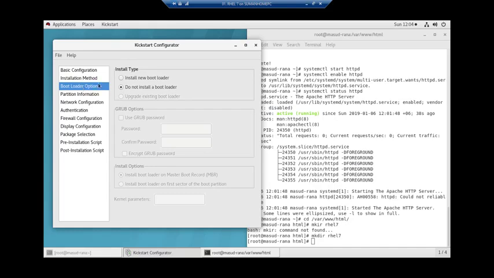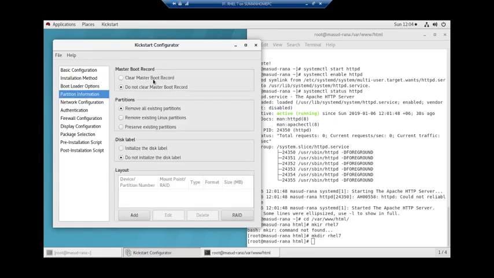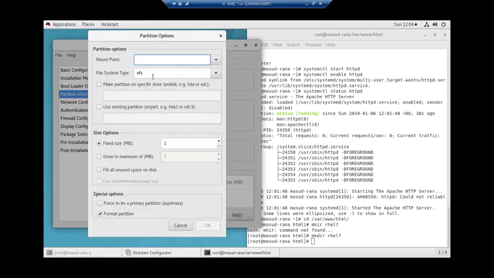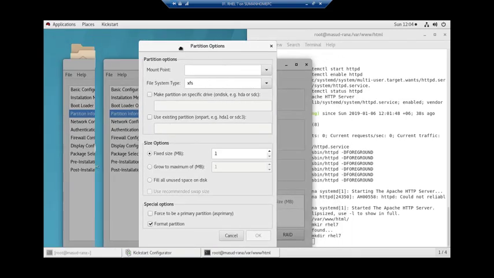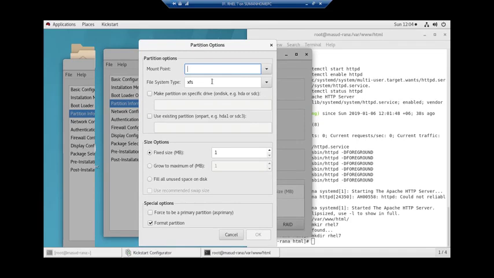The bootloader option, I want to install a new bootloader. The partition option, I want to clear the master boot record, remove all existing partitions, and initialize the disk. I can add my partition information here. One thing needs to be noted, that we cannot create LVM here, but LVM can be created by command.